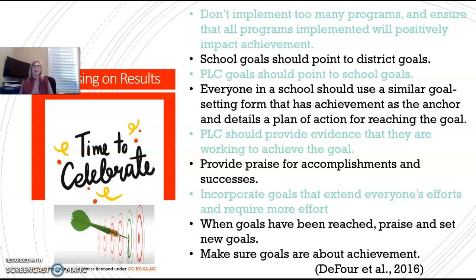PLCs should provide evidence that they are working to achieve the goal. There should be provision of praise for accomplishments and successes. And there should be incorporation of goals that extend everyone's efforts and require more effort. When goals have been reached, there should be praise and new goals should be set, making sure that goals are about achievement. DeFore et al. 2016.